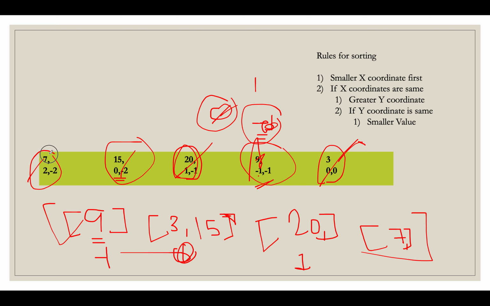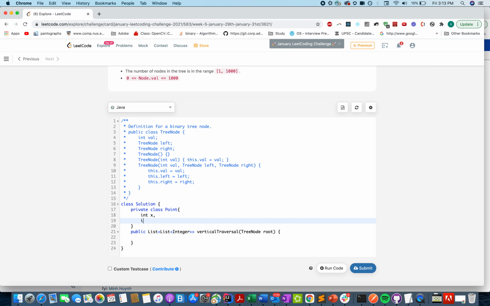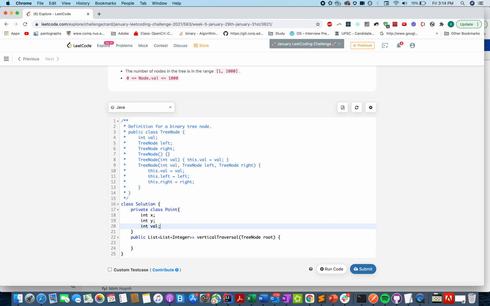So let's quickly code this up. It doesn't look very tricky; it's slightly verbose to write. Defining a private class which holds all the attributes for a point: integer x, integer y, and integer value.